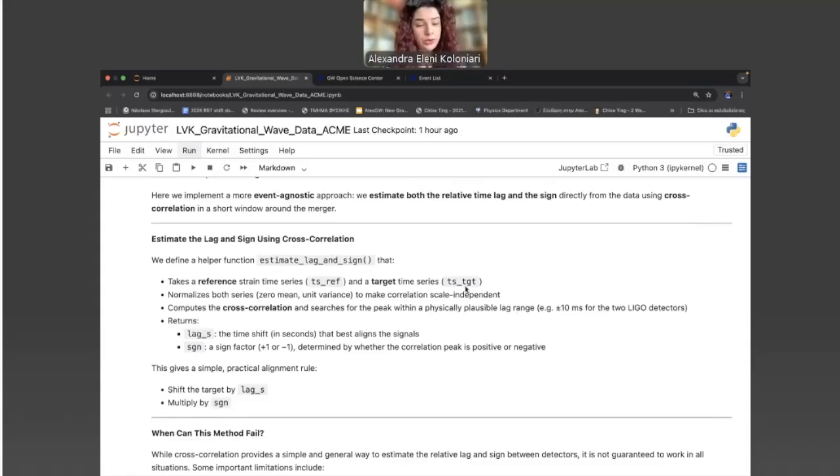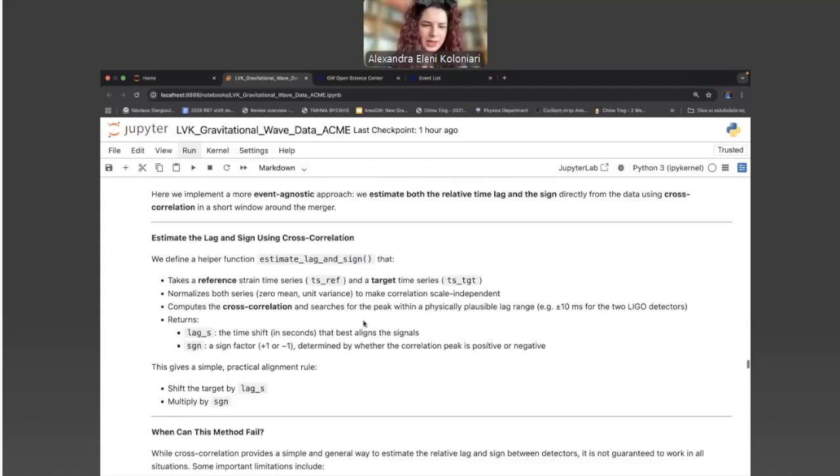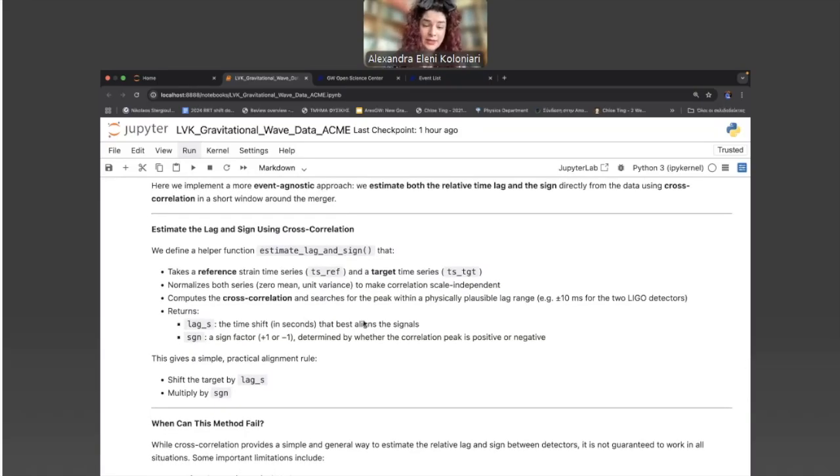So we define a helper function here that you won't find in the PyCBC tutorials, which takes a reference time series, for example, the Livingston data, and a target time series, which can be the other detector, for example, Hanford. Then it normalizes both series, so we have zero mean and unit variance, in order to make the correlation scale independent.